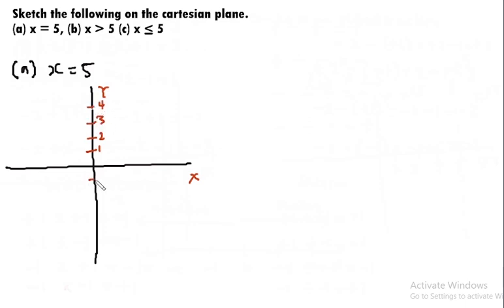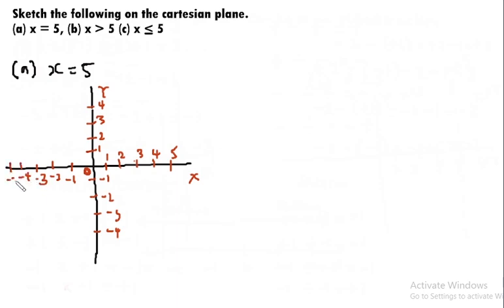On negative side of it, we have -1, -2, -3, -4, and then lower numbers. This intersection point is referred to as 0. For the x-axis, we have 2, 3, 4, 5. And then on negative side, this will be -1, -2, -3,